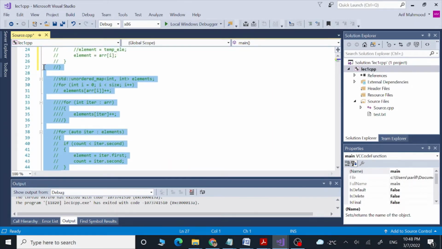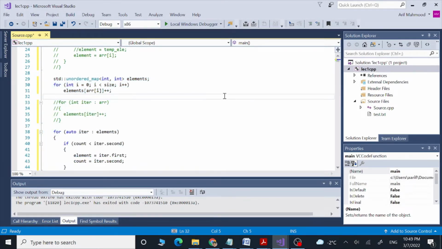Now I have included these lines. So what we are doing here, we have defined an unordered map named elements, and then we are going to run this for loop, and inside this for loop is this code statement.